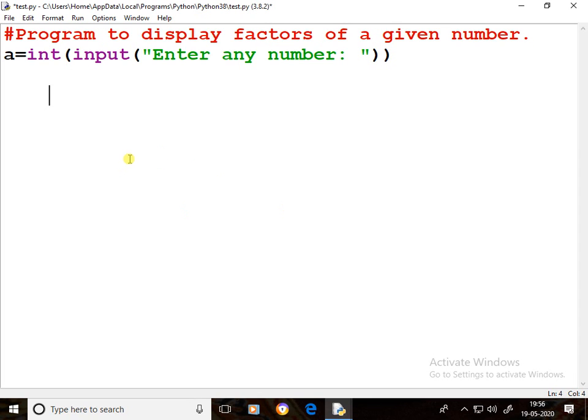For getting the remainder, we require the modulo division operator. This modulo division operator returns the remainder.